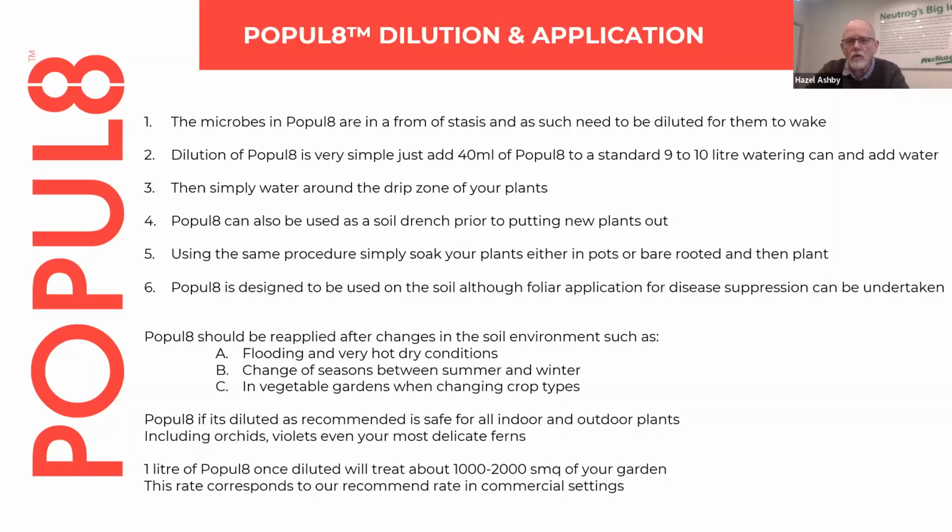Vegetable gardens, pretty much whenever you're changing your crops. So if you're putting in 4 crops a year, summer, spring, winter, autumn, by all means, between each of those, it's a good idea just to put some Populate out, because not only is there selection of microbes in the soil, but the plants also select certain microbes they want to interact with. And so the idea here is that if you're putting a different crop, the previous crop may have selected out microbes that the new crop doesn't necessarily want to interact with. So again, if you put Populate out, you've got a better chance of doing that.